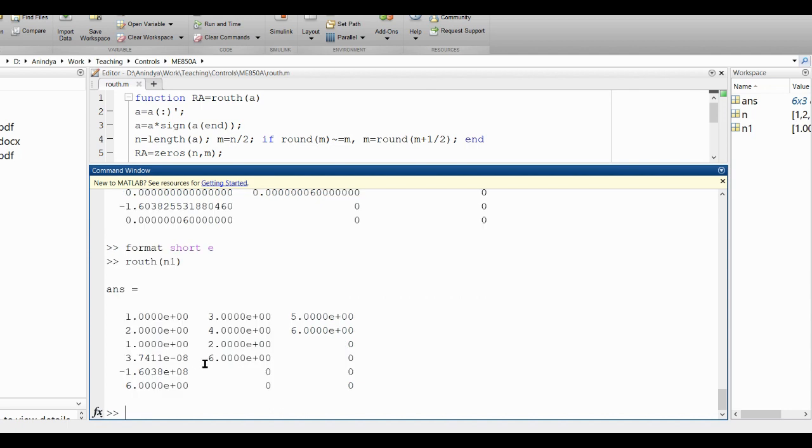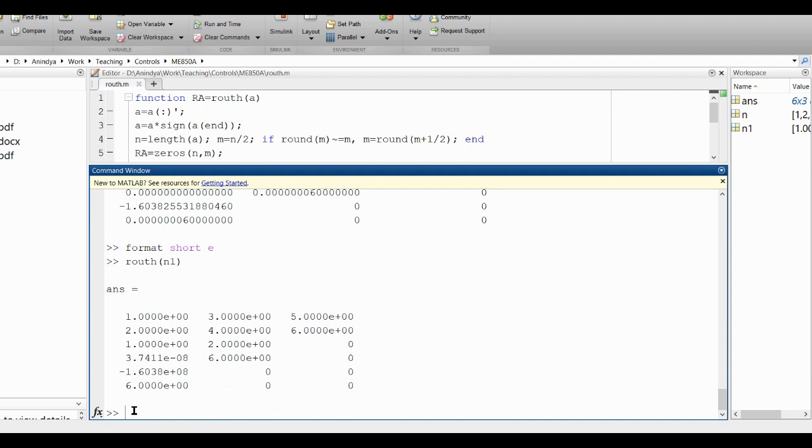Okay, and now you see this is better. So you see positive, positive, positive, positive, one sign change, another sign change. Okay, this number is very small, this number is very big, but the numbers are there, and you see two